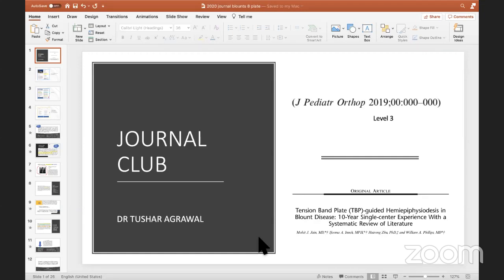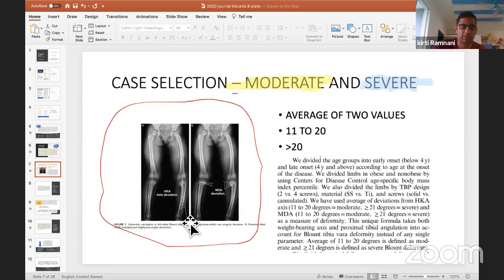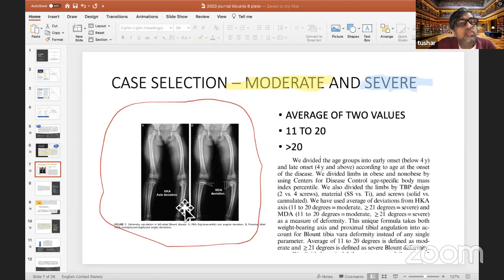In this article, when they were showing measuring the angles of Blount, how severe is the Blount, the affected side was rotated. If you see the femur, it was externally rotated. Will this make a difference in the findings with the severity? I don't think it's rotated. I think sometimes it's difficult to get. In other articles also, I am seeing in the severe Blounts, their scanograms are appearing like this. Even in the Peter Stevens article, if you see in detail.